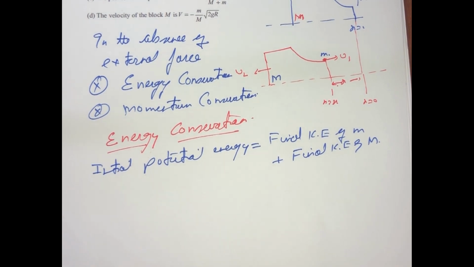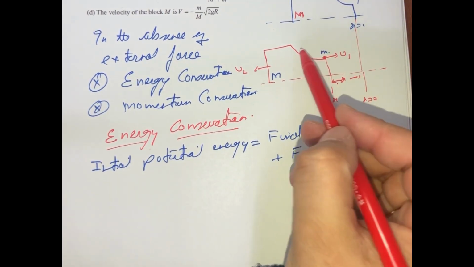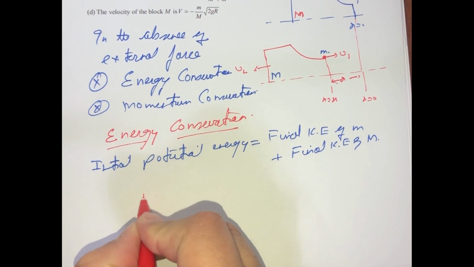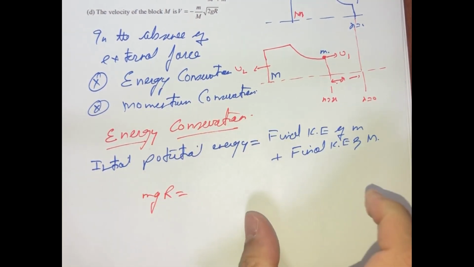So the initial potential energy will be only of this small m, which will be equal to mgr is equal to